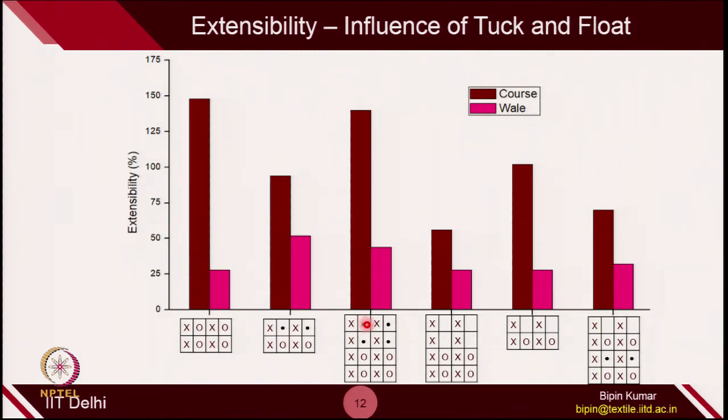So, once you have 2 tucks simultaneously, the extensibility will increase a little bit. In the wale direction, it will decrease comparatively with the 1 tuck structure. If you see the float, compared to the rib one, whenever